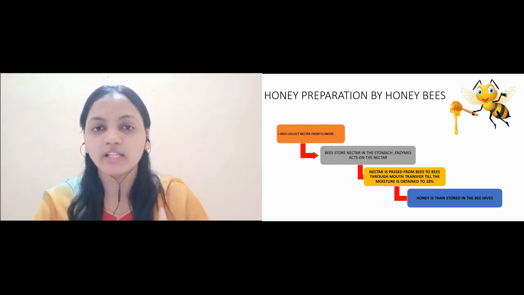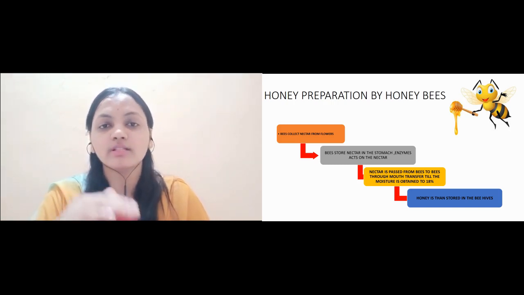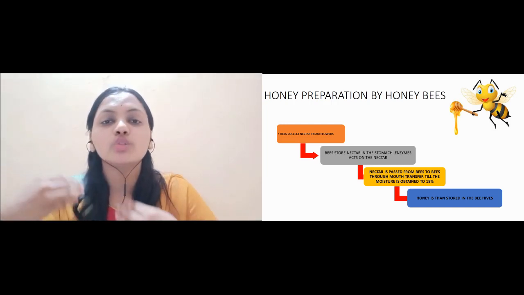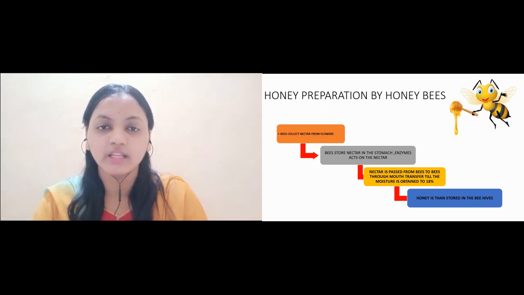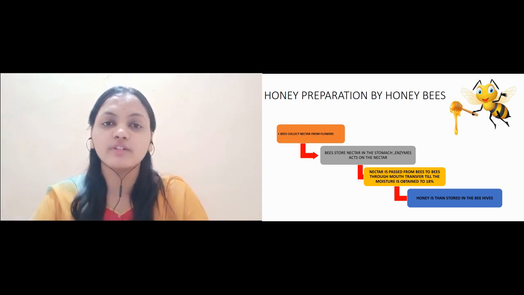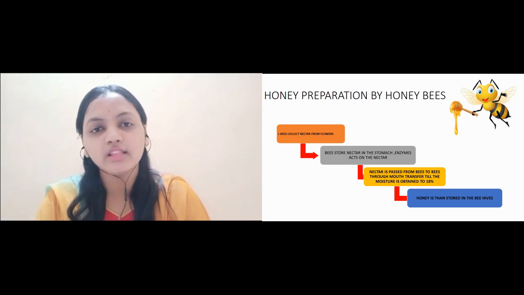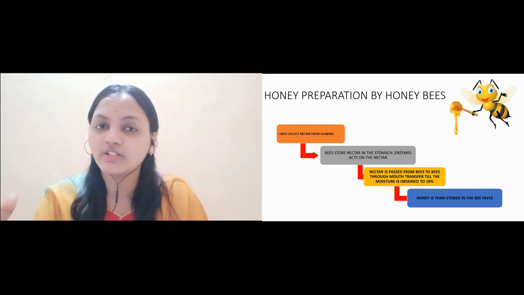That is, one honeybee transfers the nectar from her stomach to the other honeybee. The other honeybee transfers the same nectar to another honeybee, and in this way the chain of transferring the nectar is continued till the nectar